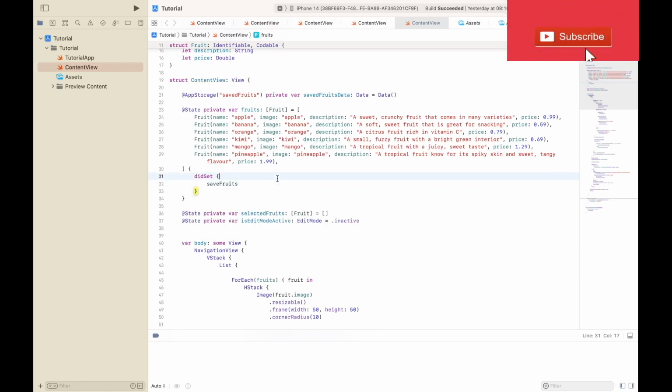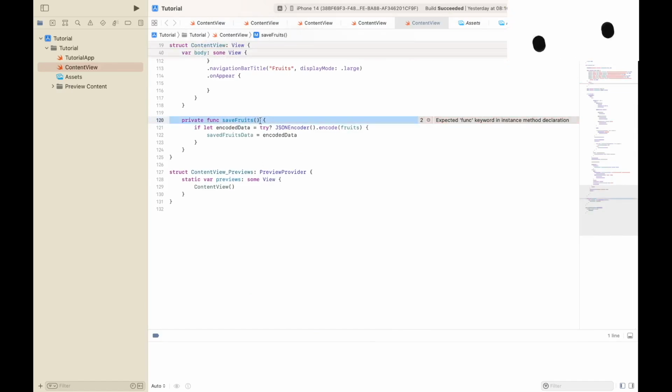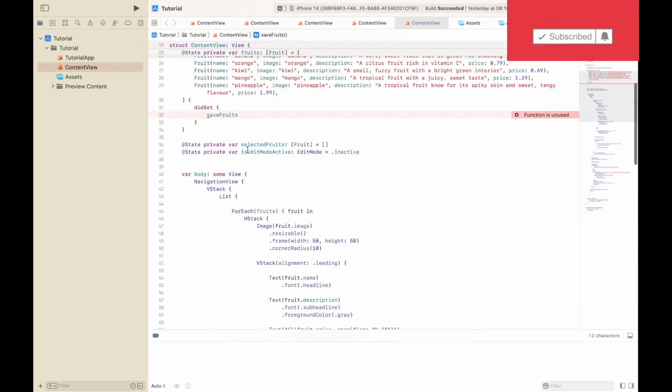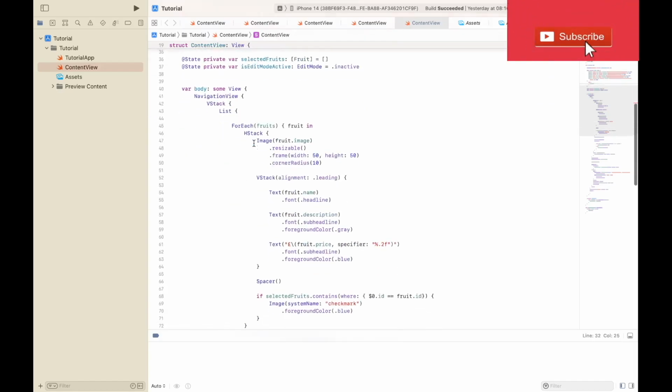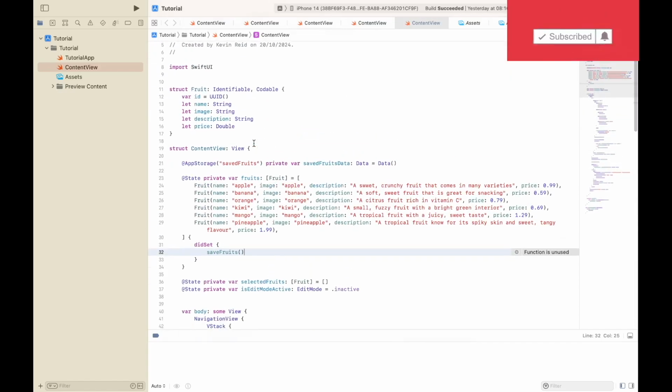What did I call it? It should be called save fruits. I made a mistake there. Yeah, so it's save fruits. And then, now the fruits have been saved,